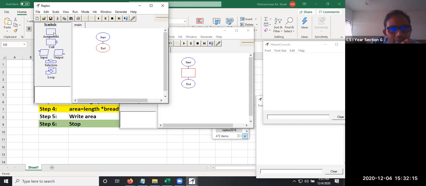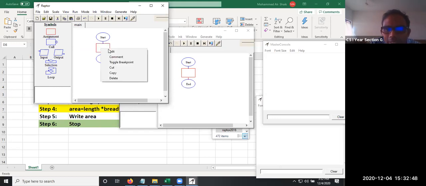Now, first thing we have said, how to calculate, what is the formula? That formula will be written in this particular box. Either you drag and drop on the arrow, or double click and click on this particular arrow. If you don't want this, select it and press delete. It will be lost. Select that button and press delete on your keyboard. Now we are going to drag and drop over here on the arrow. We got the box. Now this rectangle box is also called processing.